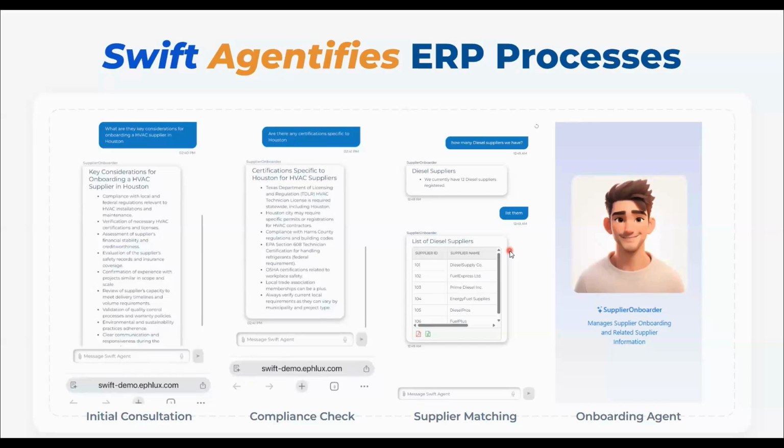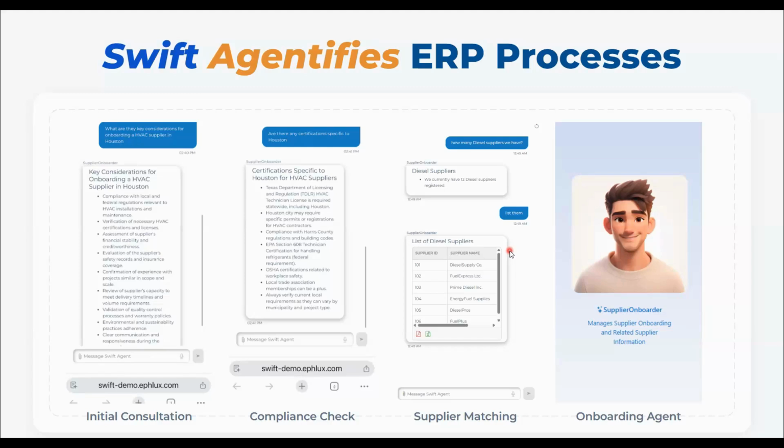Gone are the days when you had to have separate knowledge bases and separate system of records and separate applications for different use cases and business processes. What Swift does is basically an orchestration layer, as I mentioned in the beginning. So it combines all those system of records in an abstracted and a transparent layer where your business analyst simply